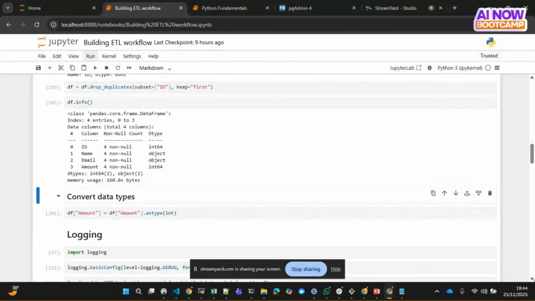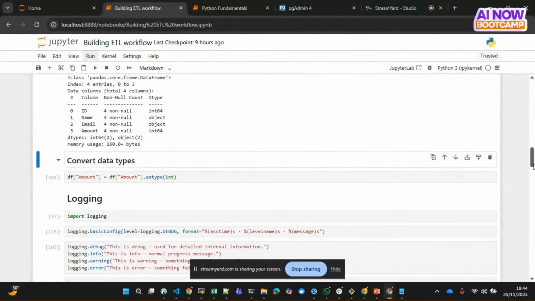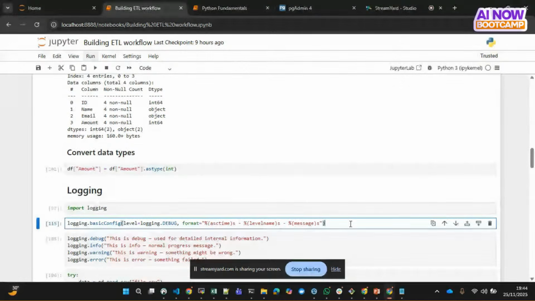Before you start logging, you have to do a configuration to set up the initial base flow of your logging. So in this case, the initial base flow of our logging, we're going to set it up this way. It comes with the following arguments. The first argument is the dot basic config. This dot basic config is the basic way to set up a new logging session. So we're then saying that the level of our logging will be